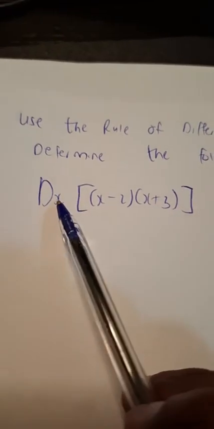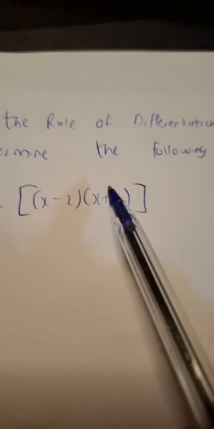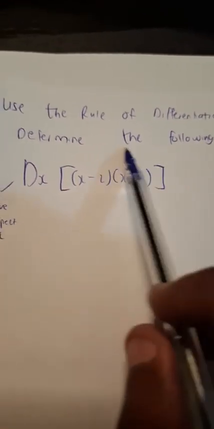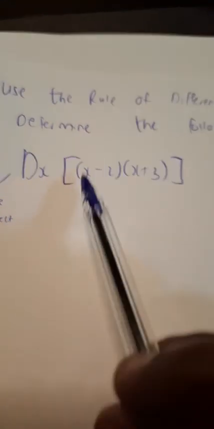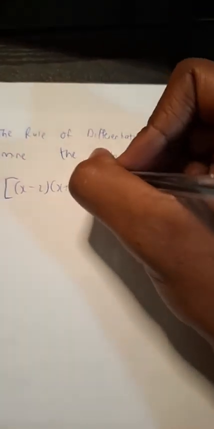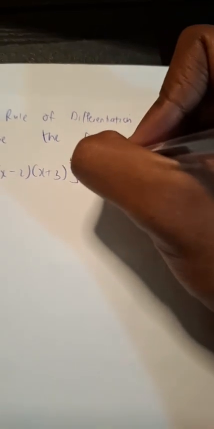Okay, now look at this one. The notation is slightly different. We have d over dx. So this simply means find the derivative with respect to x. Simply that. Derivative with respect to x. And what's beautiful here is that encased next to d over dx is the expression that I need to derive. And what you can see is that it only has x. So what I need to do is I need to simplify